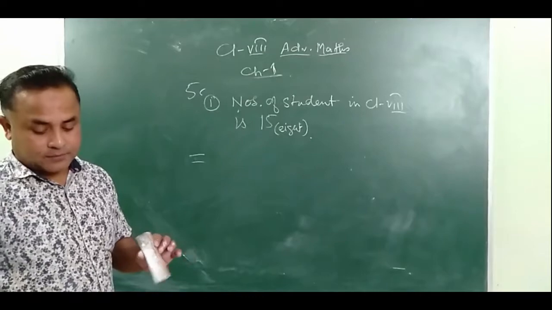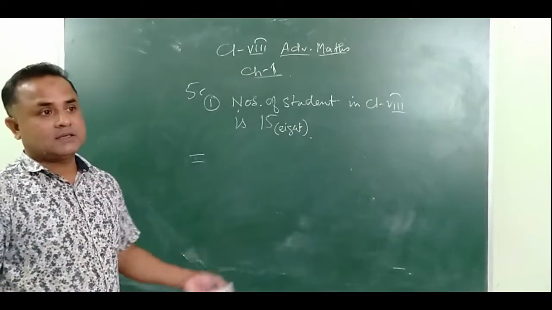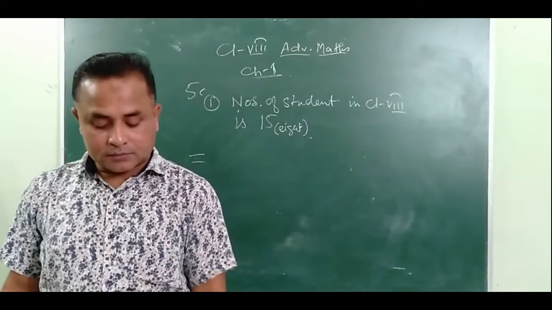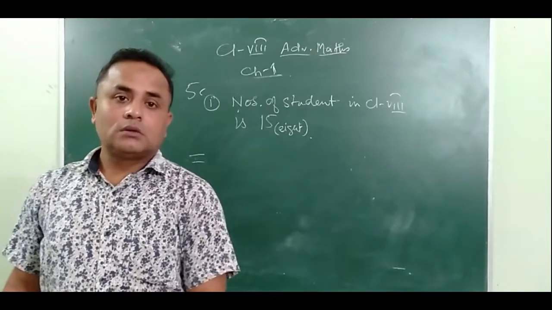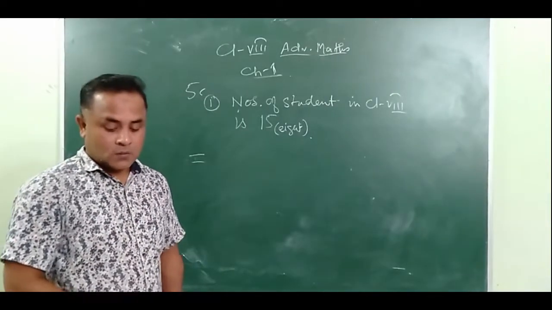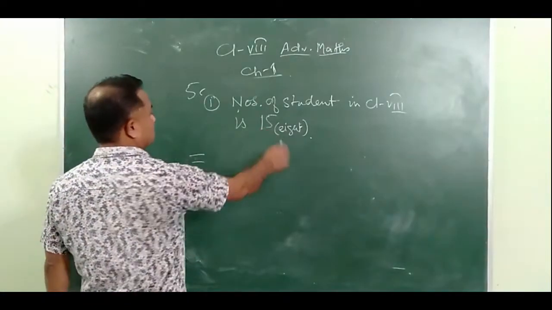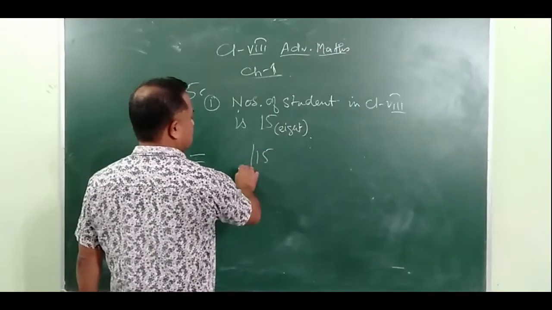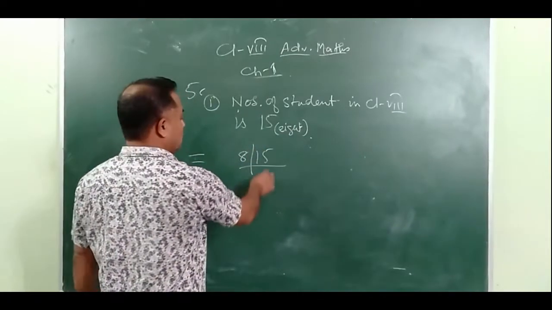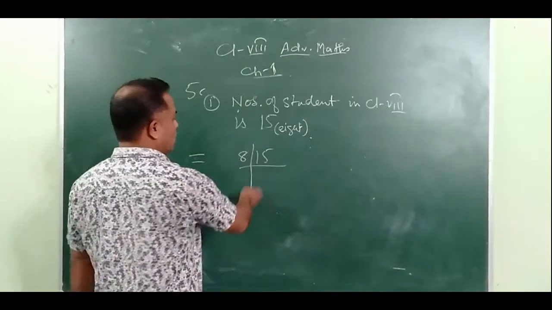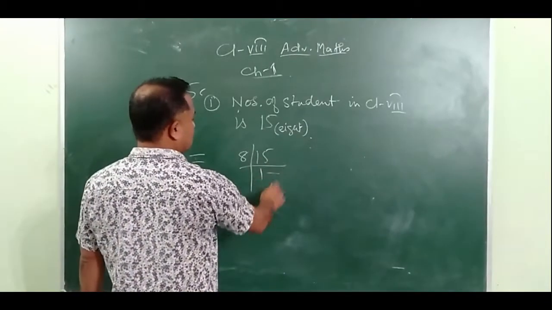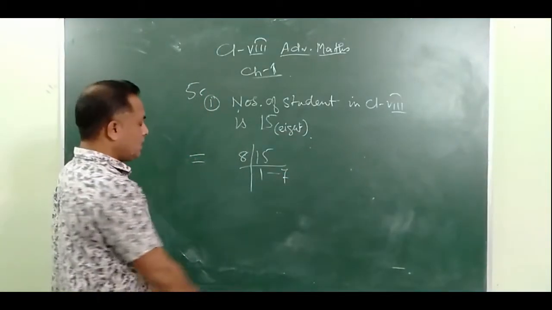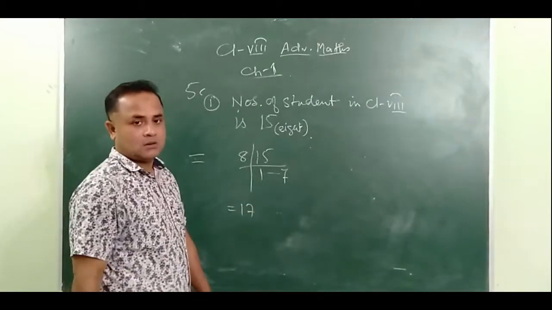So how will we do this one? It is said to convert into decimal numbers again. So here what will we do? Question number 5. Shall we do it? We will see. We can do it like this also. Is it correct? 8 into 1 is 8, 15 minus 8, the remainder is 7. So the answer will be 17.